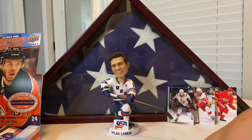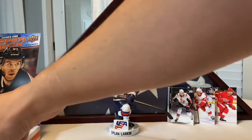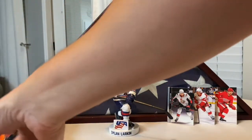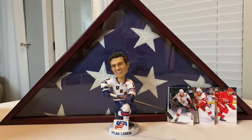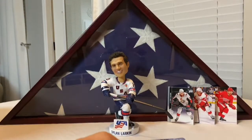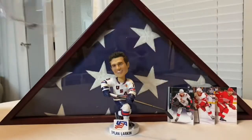So, all right, guys, that was box 1. Not too bad. I mean, the Bowen Byram was nice, got a clear cut, but definitely looking for some more, I don't know, some more flair, I guess it would be. So let's bust right into box 2. I'm not going to go over the base cards. I'm just ripping and going straight to the hotness, and then